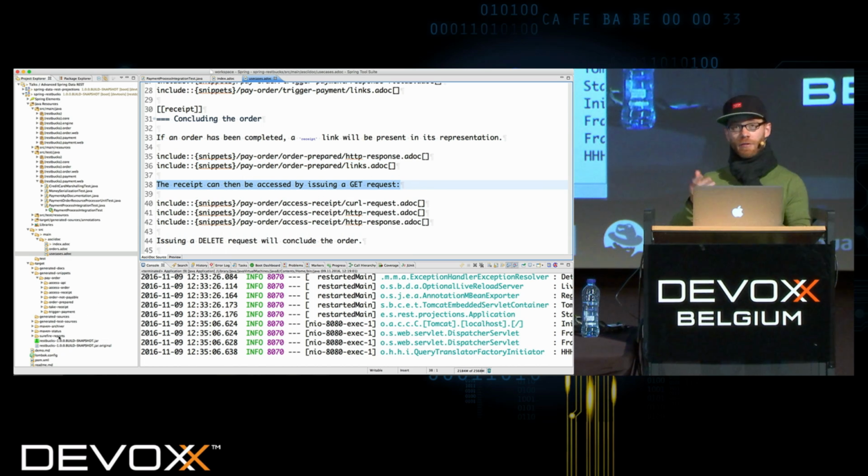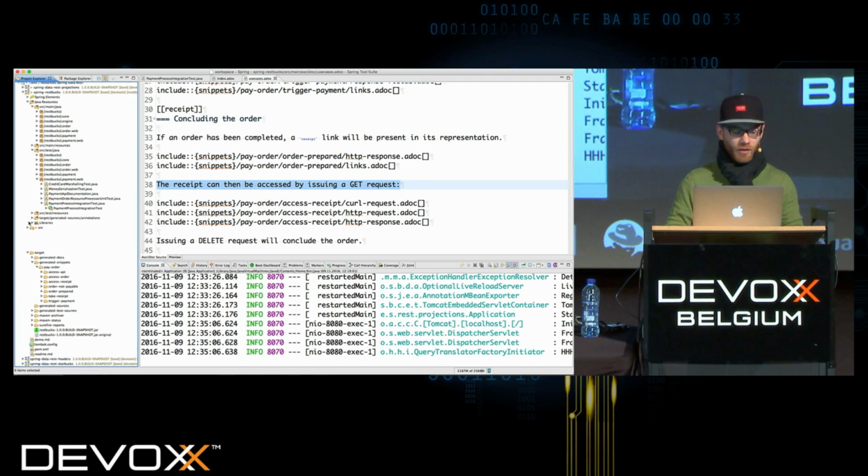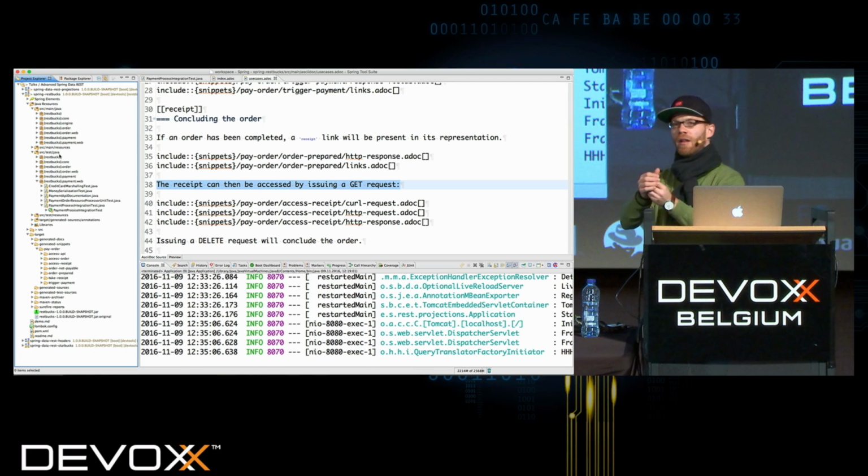I've set up this project so that when the test cases run, it produces the AsciiDoc snippets in the first place, and then renders the AsciiDoc into HTML, and then I render that HTML to a location that Spring Boot in turn serves by default for static resources, in fact,